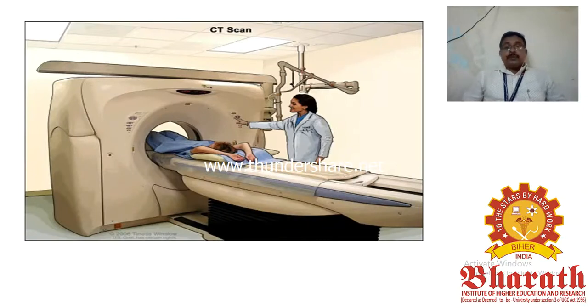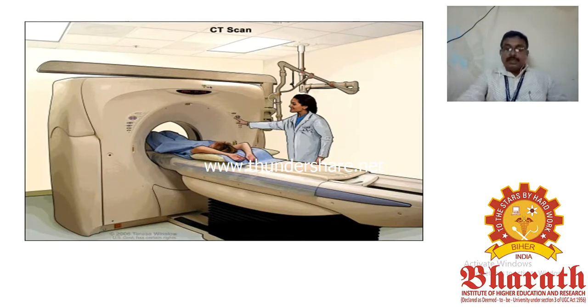You can see an image of a CT scan. This is the donut shaped structure, and I call this region the gantry. In this gantry itself we have the collectors. Once the X-rays are sent inside, the output from the patient is collected all over this region and then processed digitally through the computers. So, this is the CT scan machine.